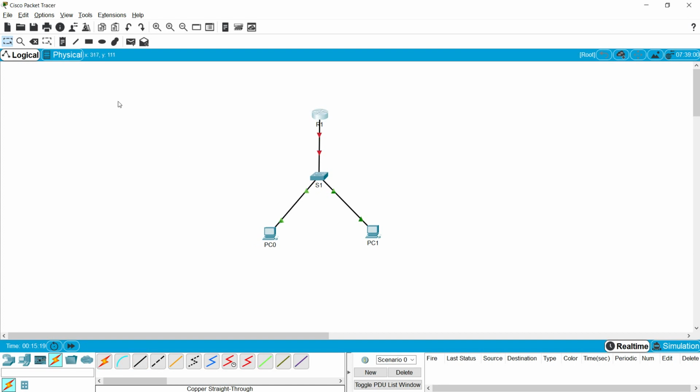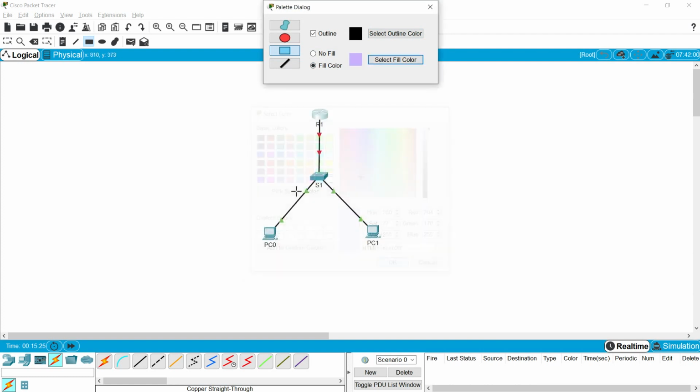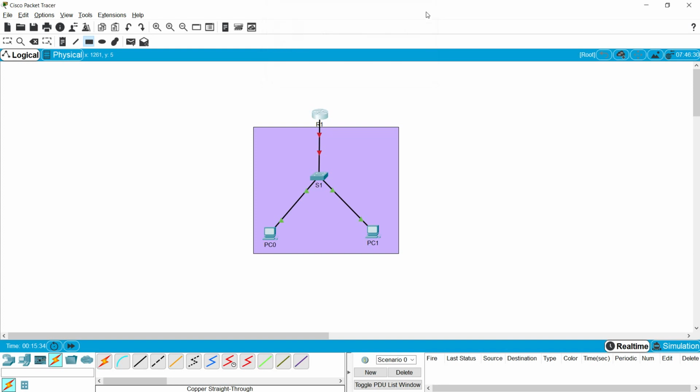Let me highlight this single network. So here we can see that network. And here we will use this network address 192.168.1.0/24.